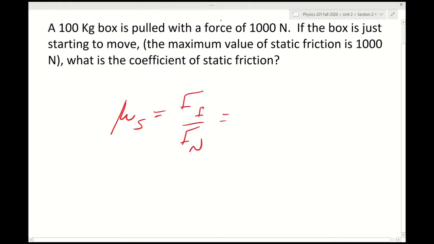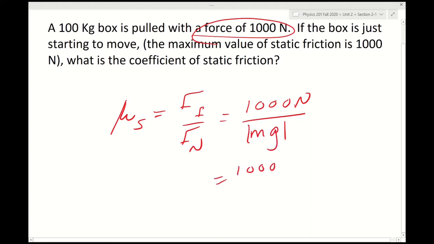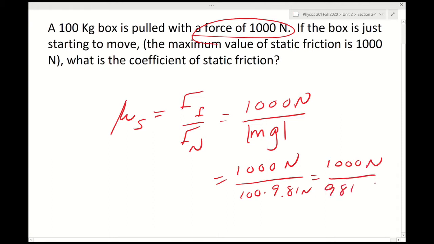Our force is 1,000 newtons. Our normal force, Fn, is really the positive value of mg, because there's nothing to indicate that this is anything other than a horizontal or level situation. So that's going to give me 100 times a positive 9.81 newtons. So I have 1,000 newtons over 981 newtons, which is going to give me a coefficient of static friction